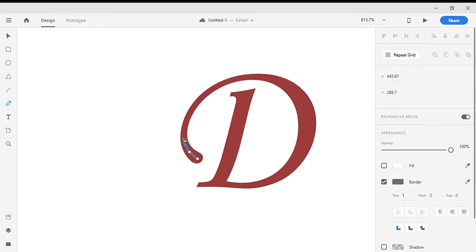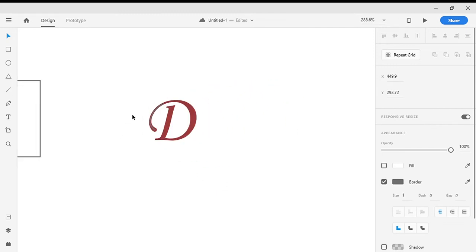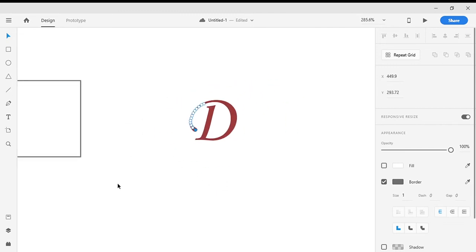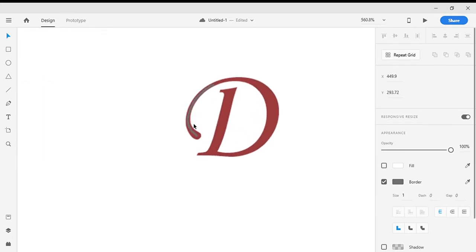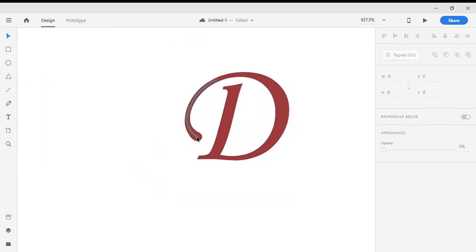Keep the distance as small as possible between the dots if you encounter a curvature to maintain detail of the letter. Continuously place the dots all along the letter and take your time to carefully place each dot. Once you have placed all the dots, click anywhere outside the letter, and when you hover over the letter, you should be able to see a blue highlighted path along the letter. So this path is what the animation will be made of.